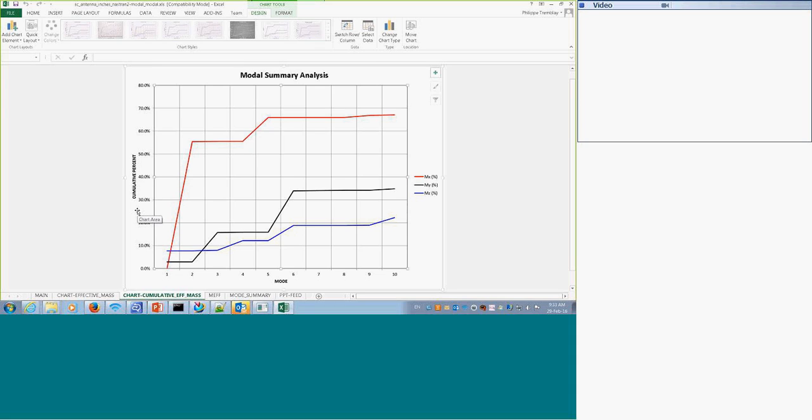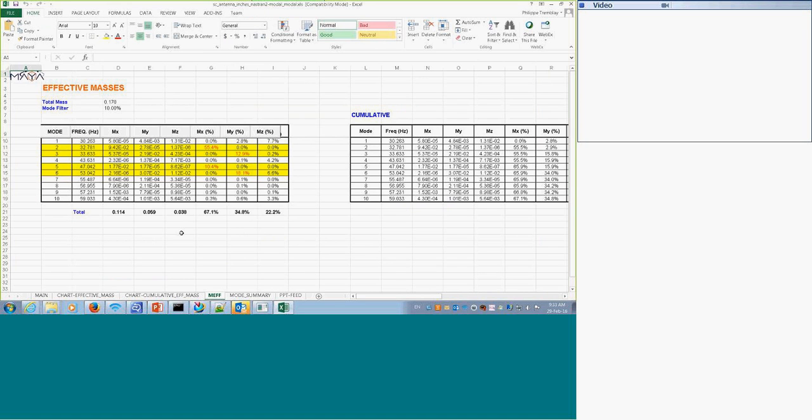Cumulative mass, you can see it's really low for the X direction, almost 7% after 10 modes. Then we see effective mass by translational degree, and then the fractions follow in the next 3 columns.